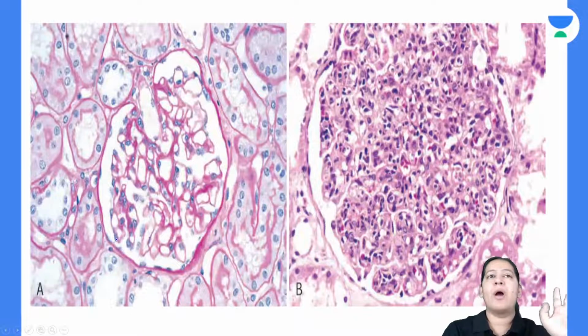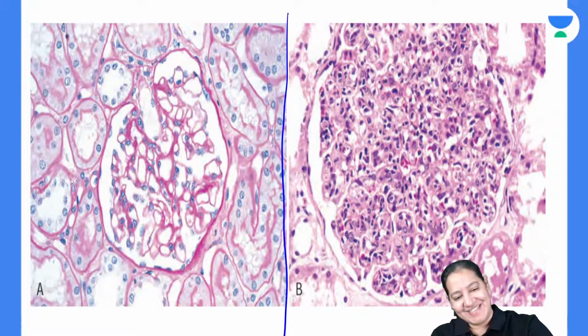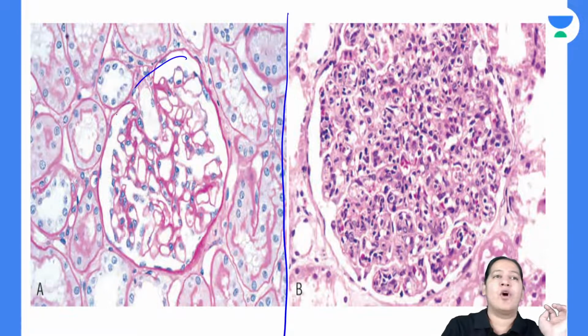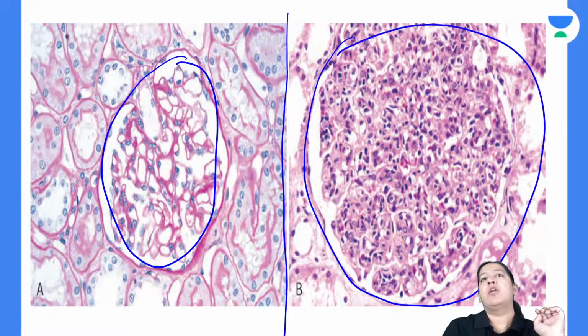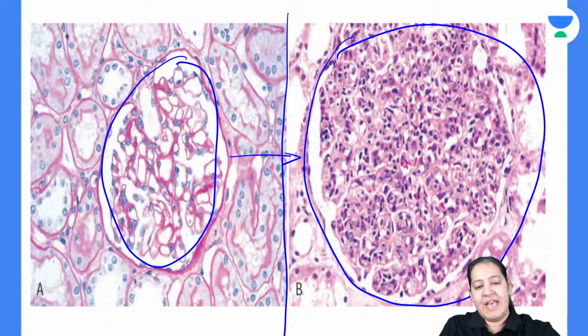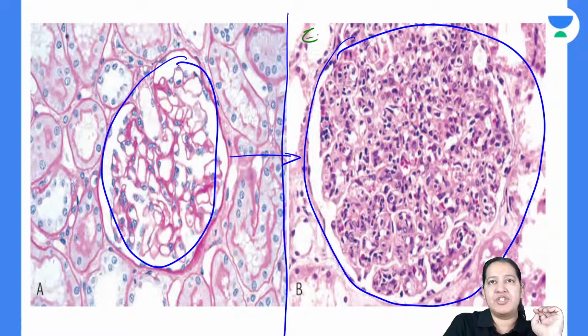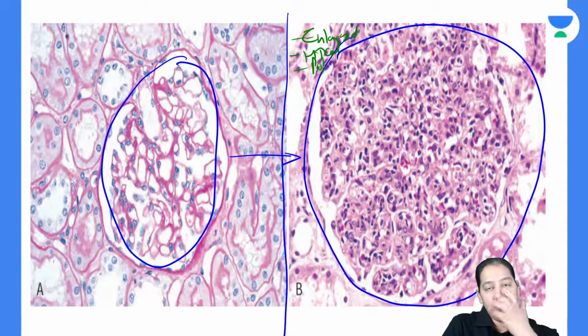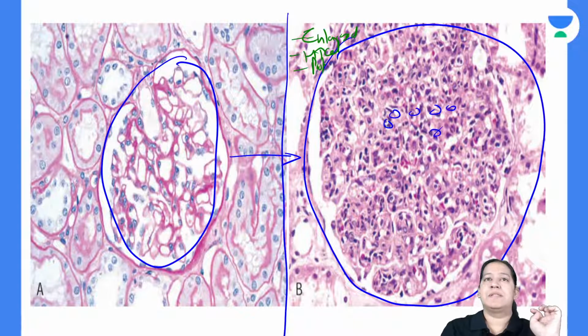That's it. So now compare it. Can you see the two diagrams back to back? This is a normal glomerulus, and this is the glomerulus of PSGN. Now compare it. What are you seeing here? You will say that the glomerulus is enlarged in PSGN, number one. Number two, it is hypercellular. Compared with normal, it is proliferative. And if you zoom out, most of these cells are going to be WBCs. Give me a thumbs up.